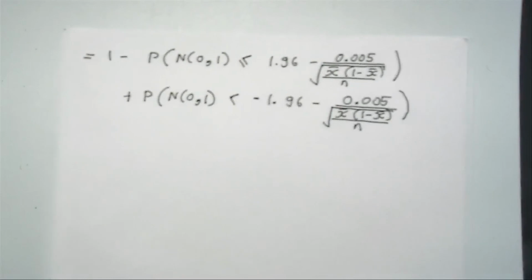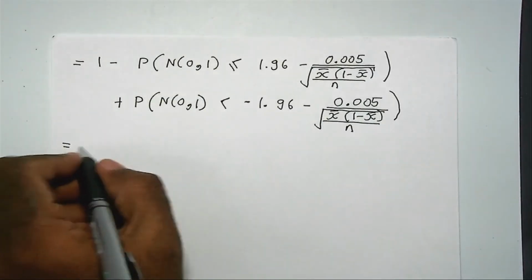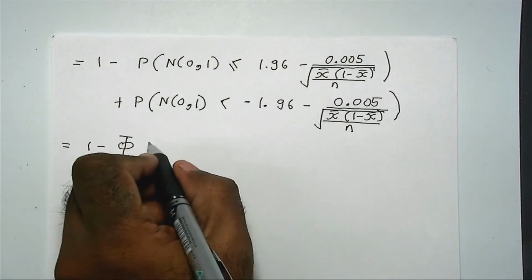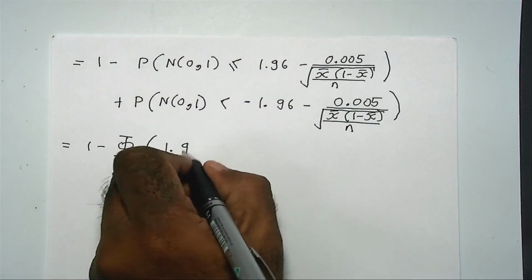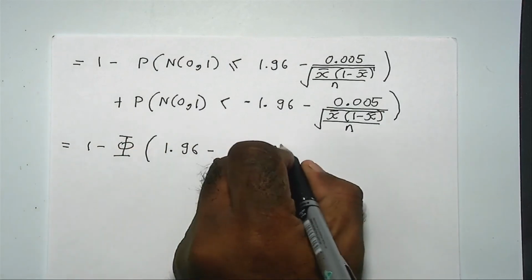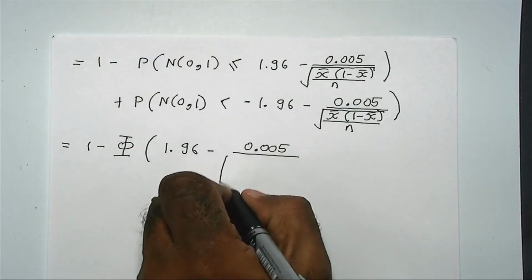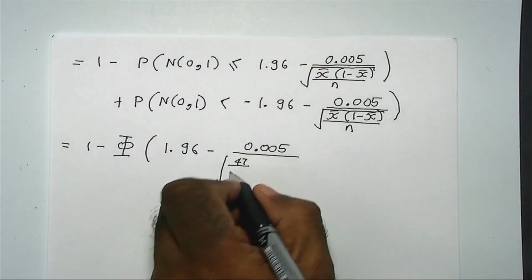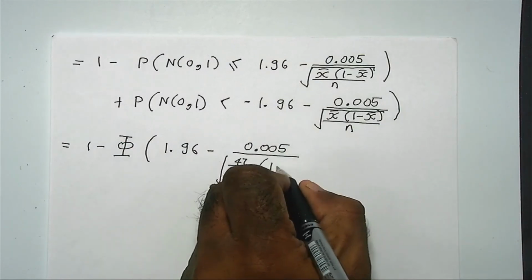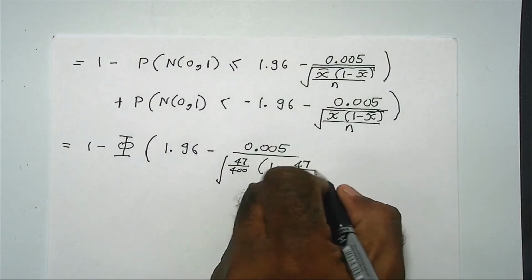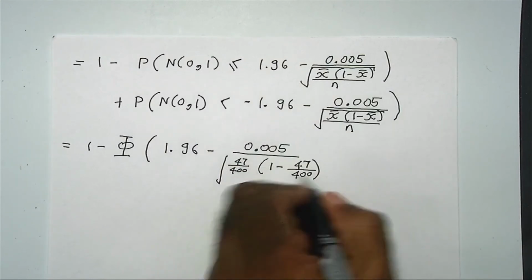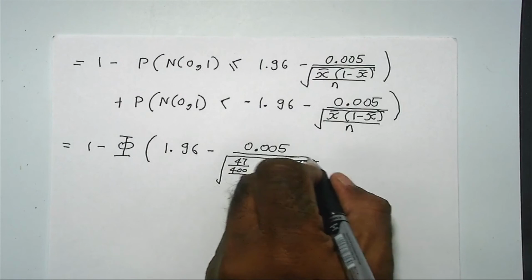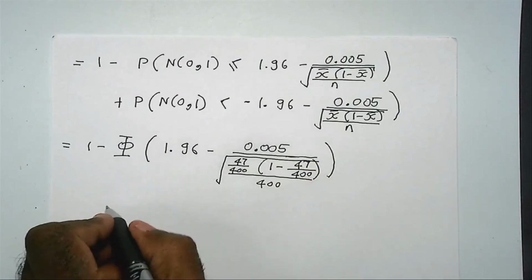And in the penultimate step, I'm going to use the fact that phi, which denotes the CDF of a standard normal, at 1.96 minus 0.005 square root. X bar is the same as before. It's 47 divided by 400. And plus